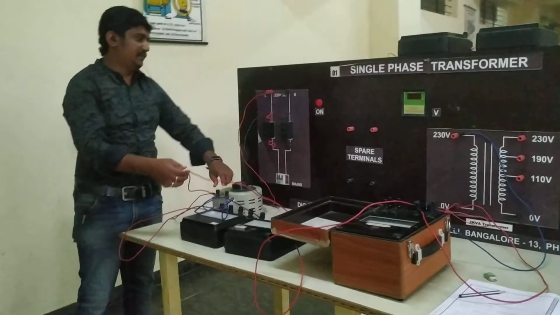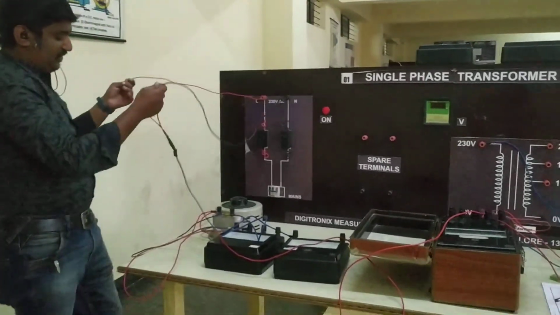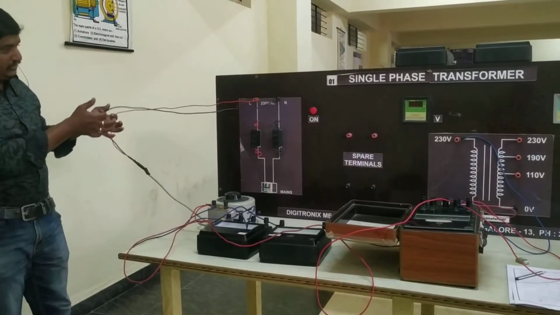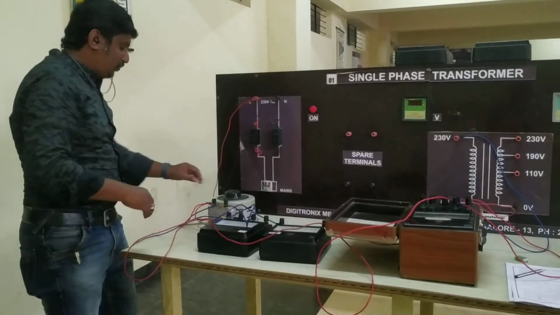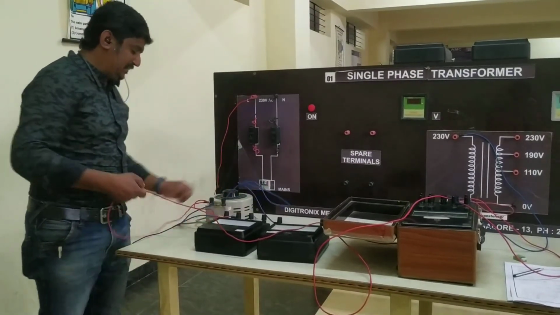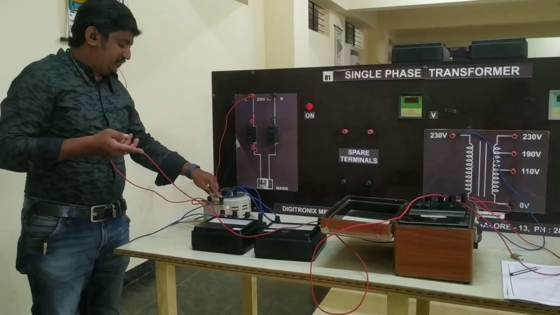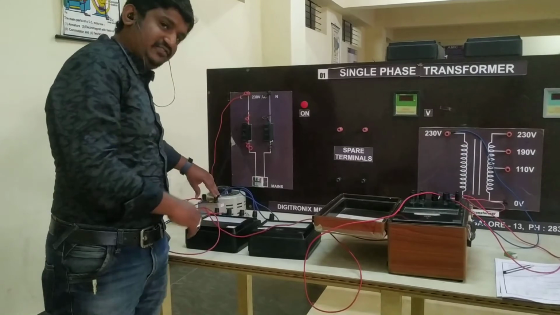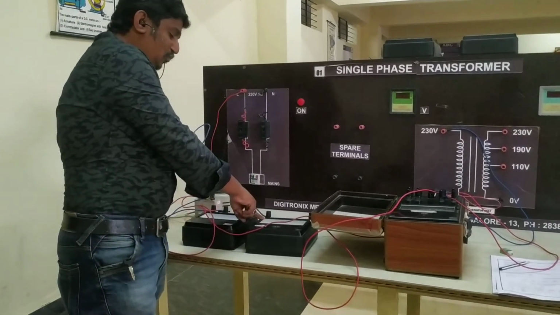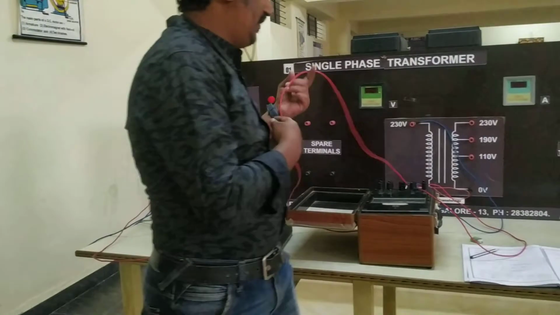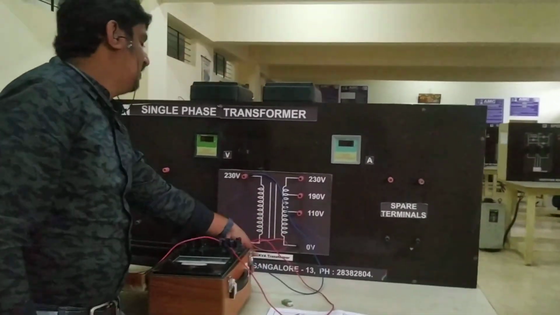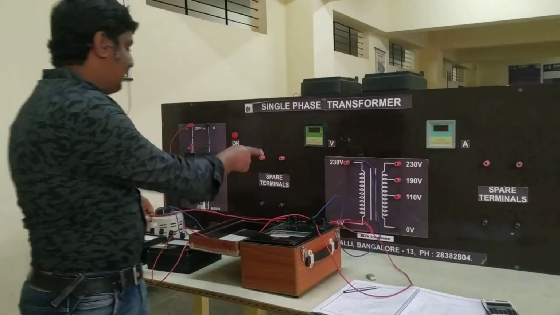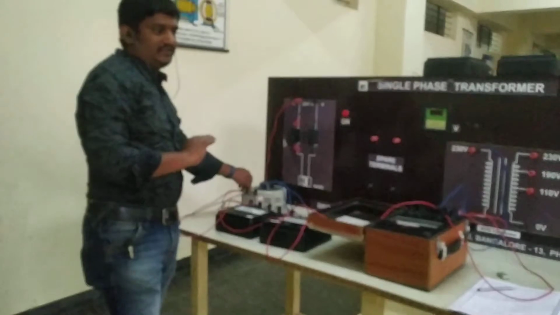One more time I will repeat the connection. From phase and neutral, the auto transformer input is taken from line and neutral. Across the auto transformer I am connecting the voltmeter: the first point, phase, goes to common and the 300 volt terminal goes to neutral, because it is always connected across. Then the auto transformer point goes to the ammeter. The ammeter point goes to M of the wattmeter. MC I am shorting. L goes to 230 of the test transformer, 0 comes to 300, and again that same 0 comes to neutral, so that the circuit gets closed.